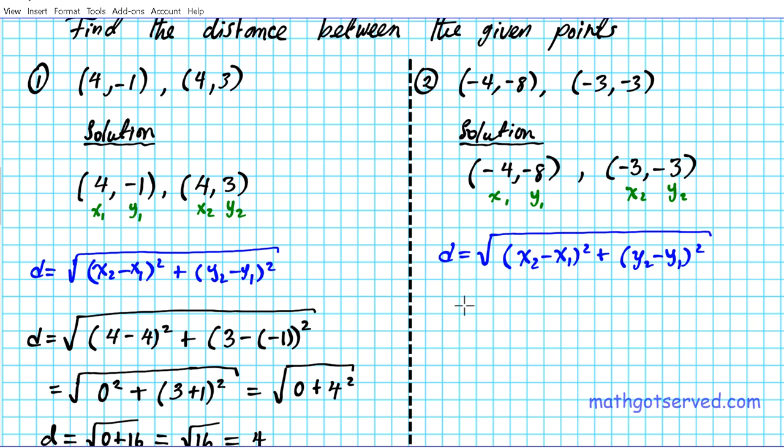Now, step number 3, we're going to substitute what we know into the formula. So we have the square root of x2. Now we have a lot of minuses we're substituting here, so let's do this. x2 is -3 minus x1, which is -4. Close that, quantity and squared, that's your run, plus y2 minus y1, that's your rise, so both of them squared, and then you're taking the square root of the entire thing. Alrighty,